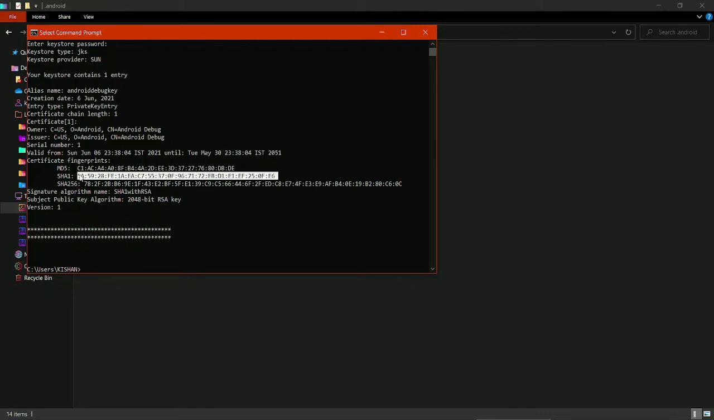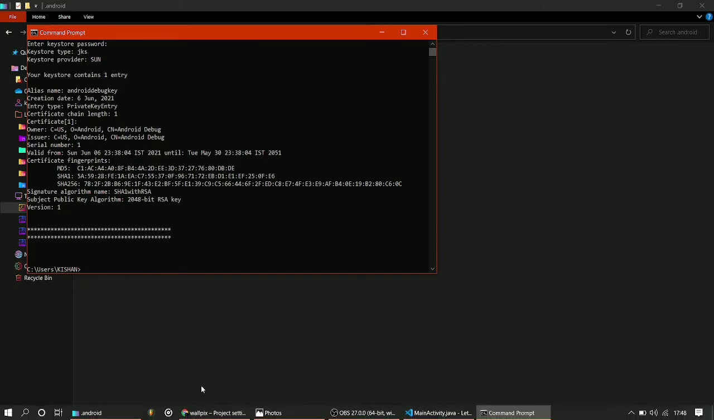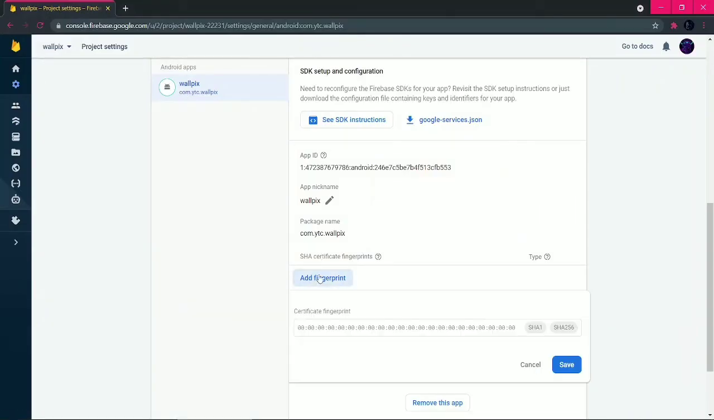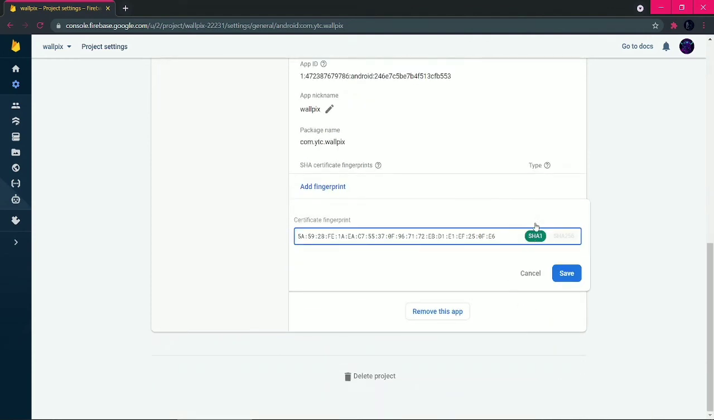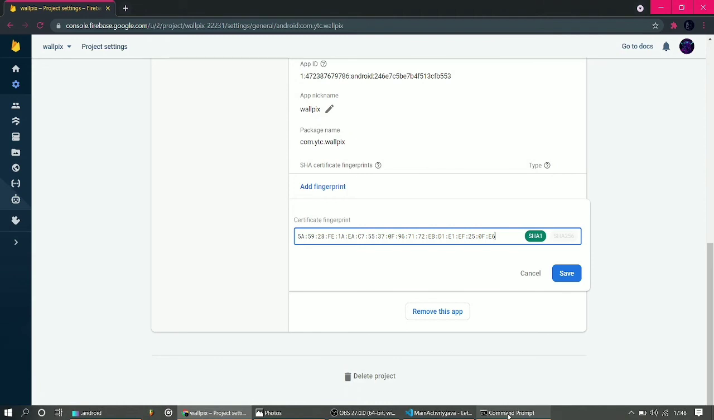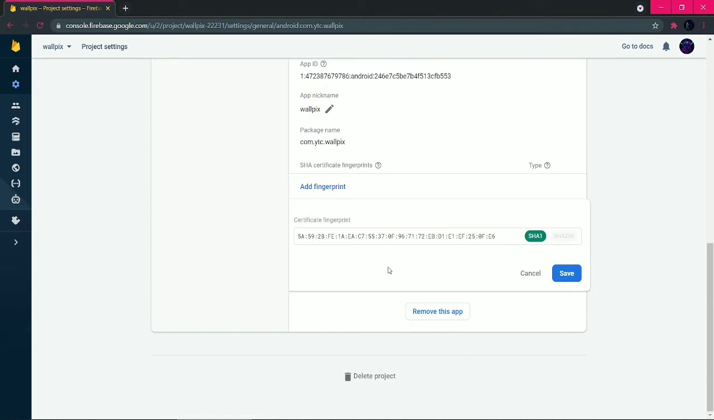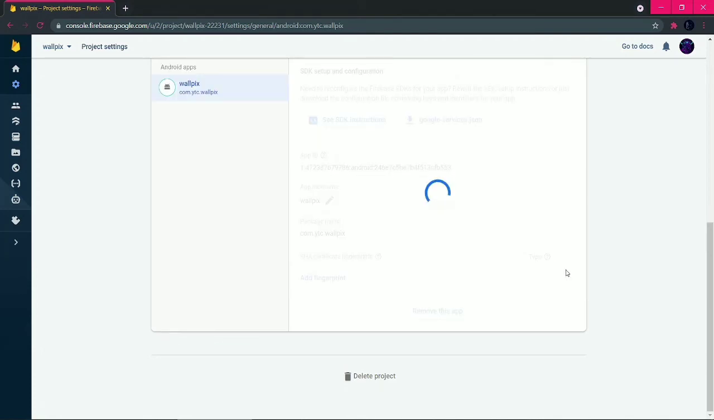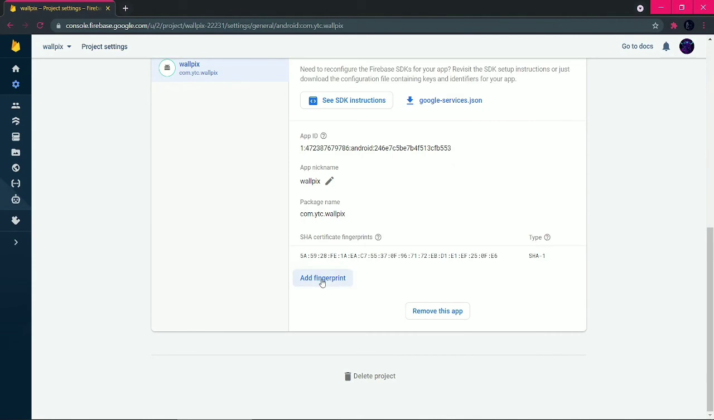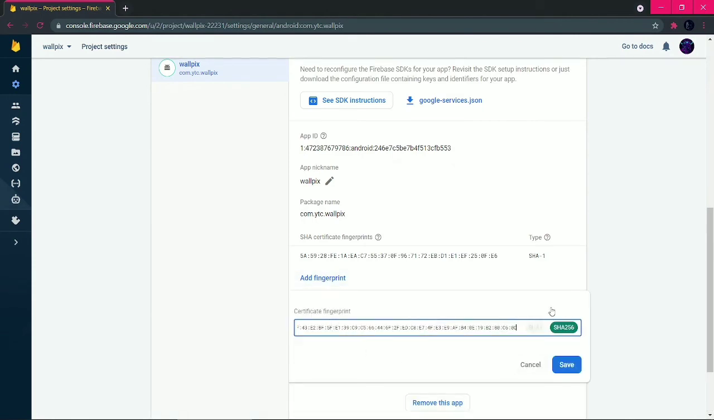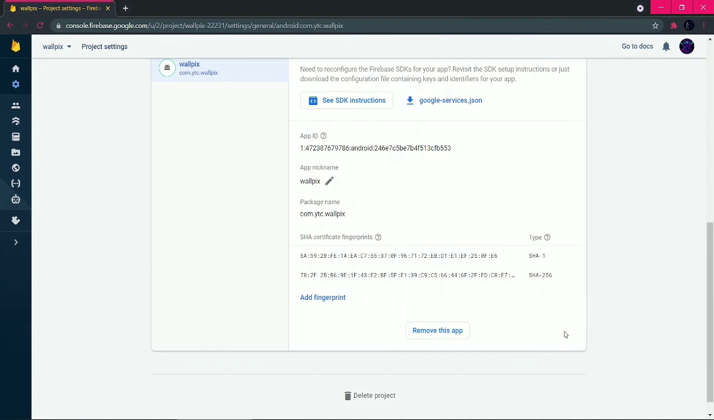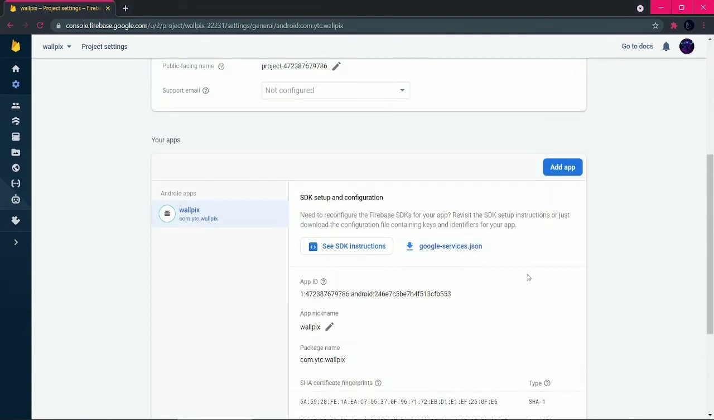Just copy this and go here, add fingerprint, and paste it over here. So you can see that it automatically detects that it's a SHA1 certificate, and once again go to command prompt, just copy this one as well, and first you need to save it, then add another fingerprint as SHA256 and save it. Now download this google-services.json file